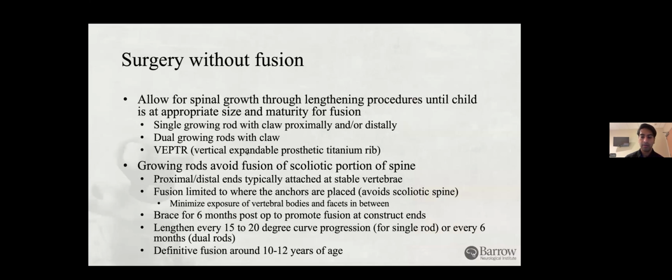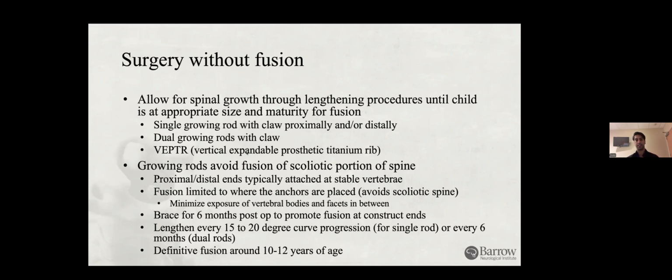The next, more invasive modality is going to be surgery without fusion. So this is where the main forces on the spine are just to try and keep the spine in an up and down direction, but it's to allow for growth. We talk a lot about growth in spinal deformity, and it's a constant spectrum and a balance that you have to uphold. You don't want to completely disrupt the growth plates and then the patient has stunted growth. But then at the same time, if you don't control the patient's growth, the deformity will likely grow as well. So there are surgical options where you can lengthen the rods after they've been placed, or you have multiple rods that you can lengthen. And this allows you to avoid fusion to allow the spine to continue to grow until the patient once again